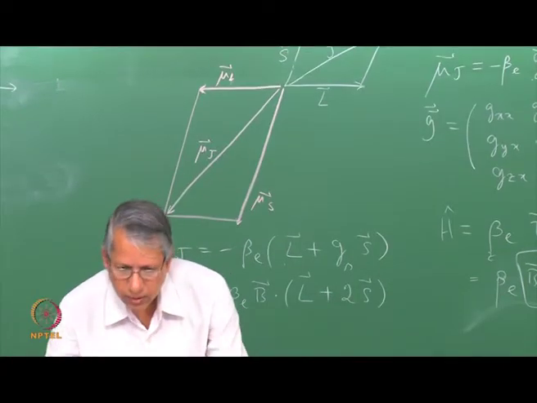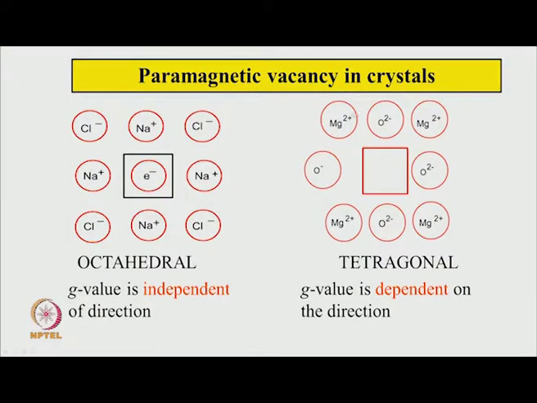In contrast, there is another such vacant center here, in a magnesium oxide crystal. Again a defect is created where a magnesium atom has disappeared. It was done by irradiating this crystal with X-ray.